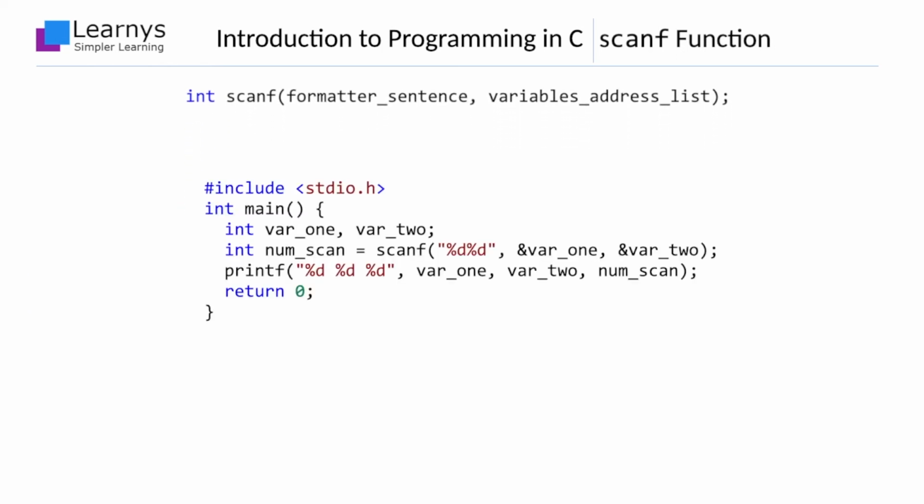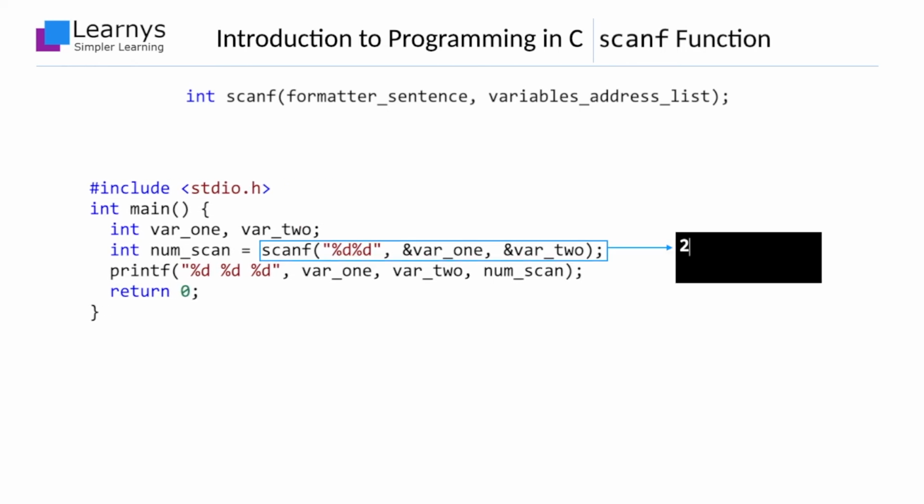The program execution will stop at the fourth line, waiting for the user to input two values. The execution of the program will not move forward unless the user has input two values. The user is expected to input two values separated by space, new line or tab. The first value will be read, casted into integer type and will be stored in the variable var1, and the second value will be read, casted into integer type and will be stored in var2. After this operation, the scanf will return 2, which will be assigned to numScan.